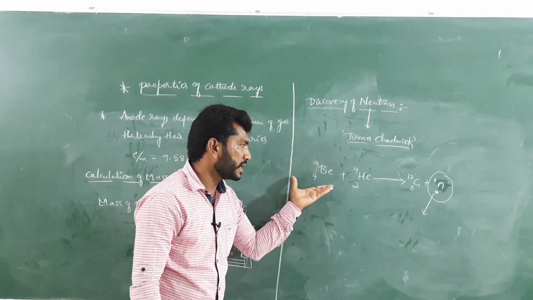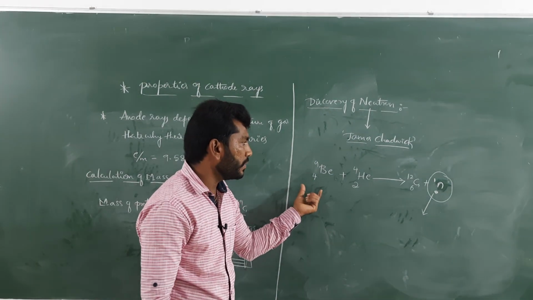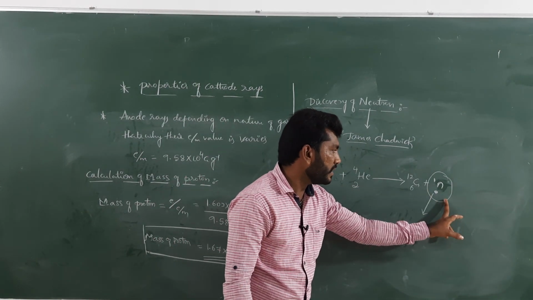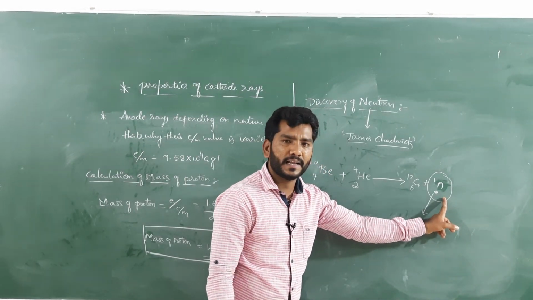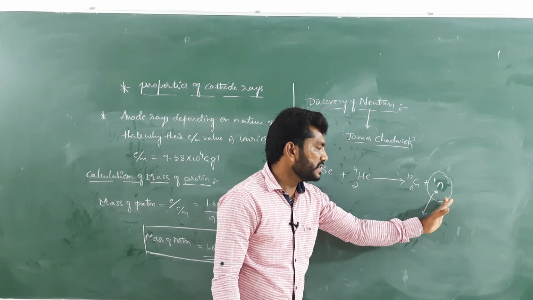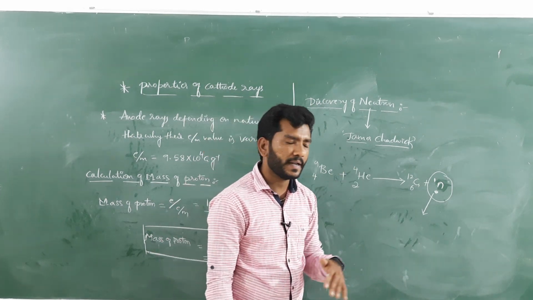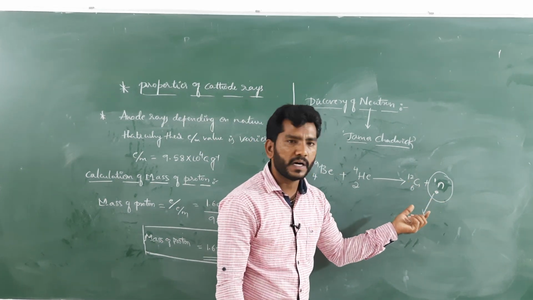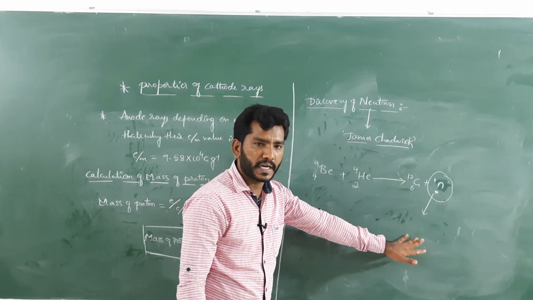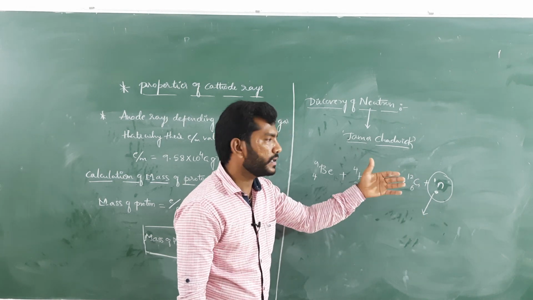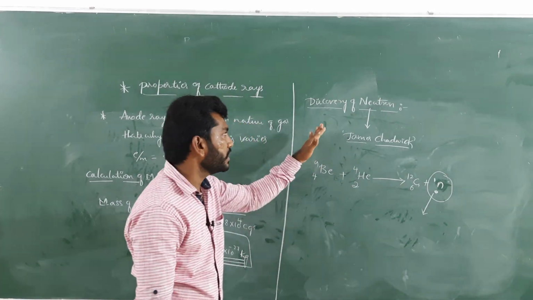With this experiment, he made a high speed alpha particle fall on beryllium, and from the beryllium one new particle emerges that we call a neutron. Why? Because this particle is electrically neutral. How did we come to know that? In the presence of electric and magnetic fields, it is not deflected, it simply moves in a straight line, and its mass is equal to the mass of a proton. So this is how the neutron is generated, and this was discovered by James Chadwick. So this is all about the discovery of the neutron.